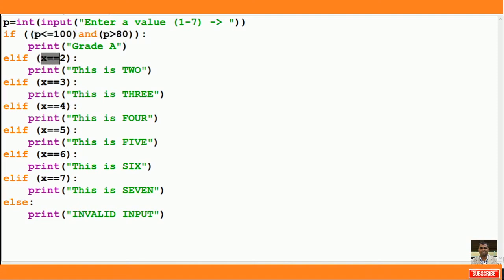So I am going to change here, you see, elif. Then the third one I am going to change here, see this one. So for the second one, what will the condition be here? That it is less than or equal to 80, and it should be greater than 60. Done. For the third one, it should be less than or equal to 60, and greater than 40.